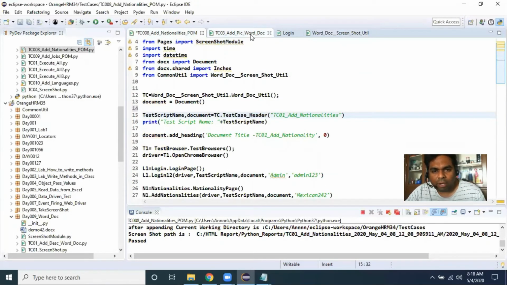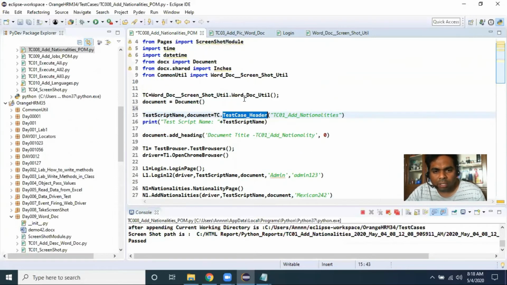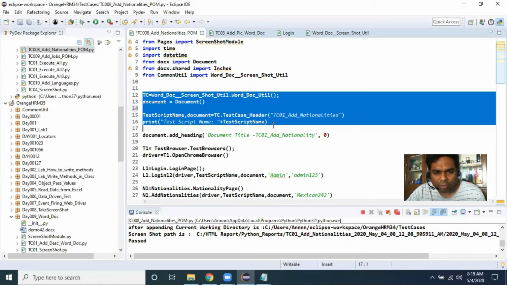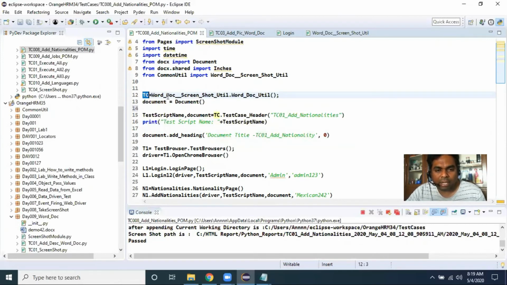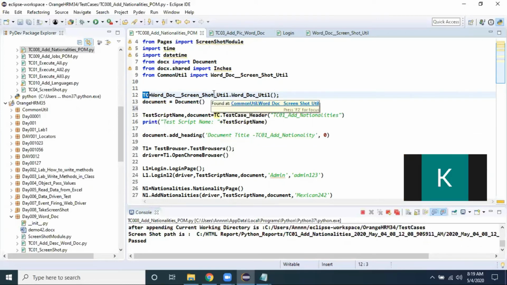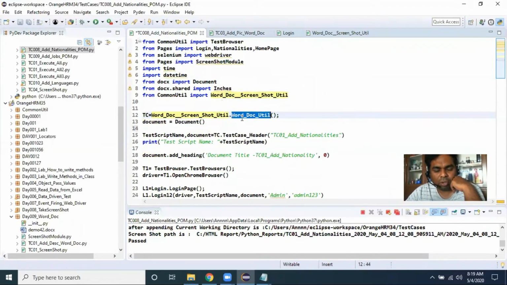In this one, I have written two lines of code. Test case header means when I'm calling this one, there is a class implemented, TC. First of all, we need to understand these lines of code. At line number 12, I'm creating an object as TC. Here I have written a class: Word screenshot util and Word document util.